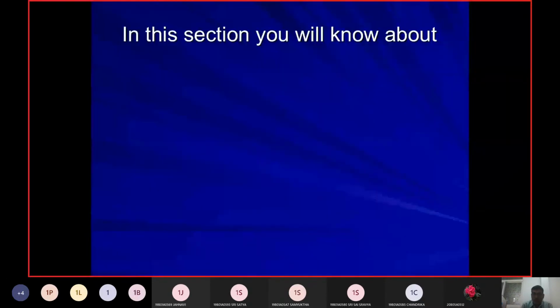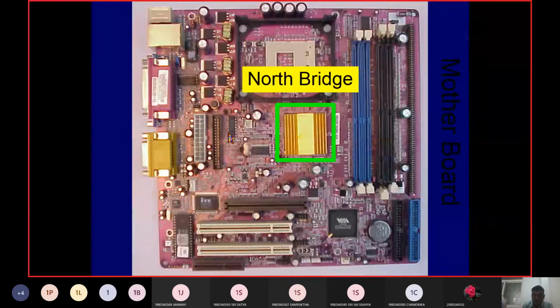So coming to the north bridge, the intention was that it will connect to the CPU and it will connect to the random access memory. This was the main duty of the north bridge.